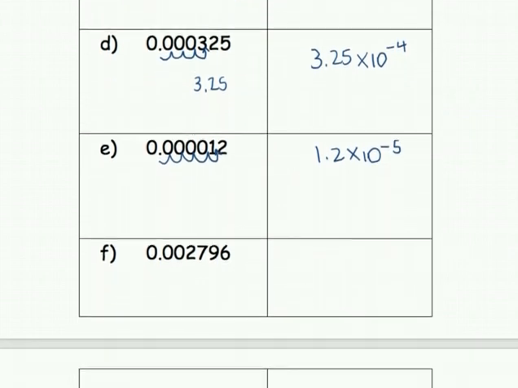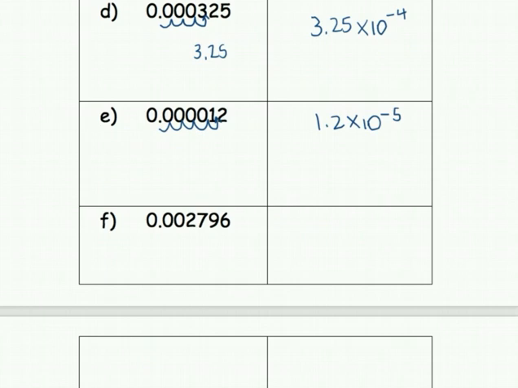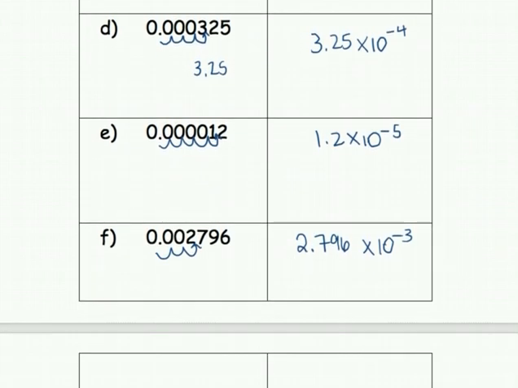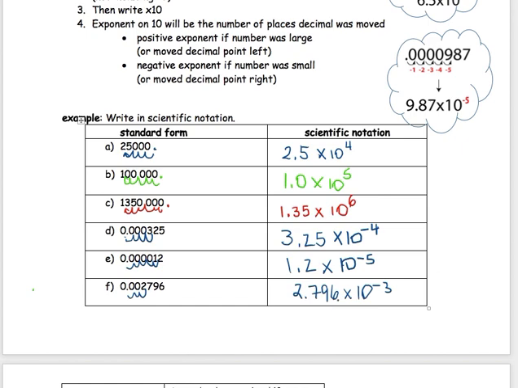Okay, one more. Or no, I think there's a few more here. Oh no, this is the last one. Okay, so here, 1, 2, 3 jumps. All right, and we'll just keep all the digits here, times 10, drop the rest of the zeros, and was it 1, 2, 3? 3 spots there. Okay, and so yeah, just practice lots of those so that you get good at those. Okay, so that's what you're practicing today, essentially. So just taking a big number, changing it to scientific notation, or taking a small number, changing